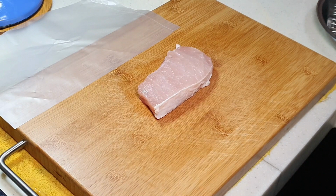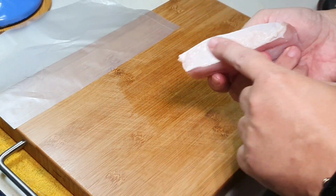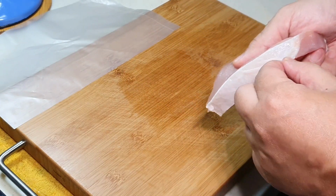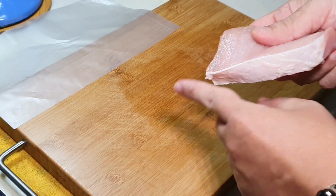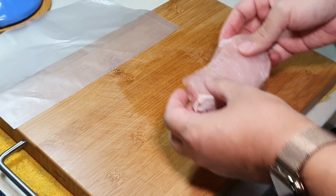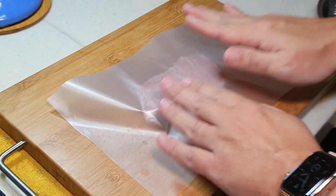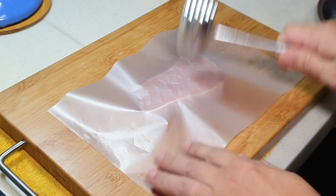So first of all, before marination, we need to first tenderize your pork. I'm going to use the Chinese method. This part here is very chewy. It's actually recommended you to remove this white portion. It's very chewy, but sometimes I'm just lazy, so I will leave it on. Get something to cover your pork, and you want to start